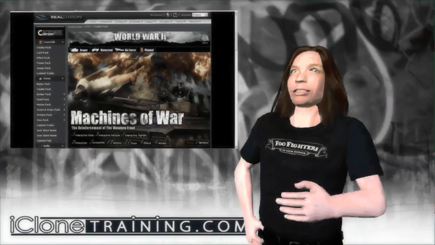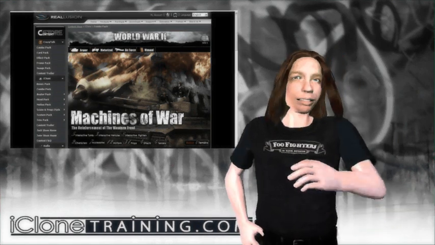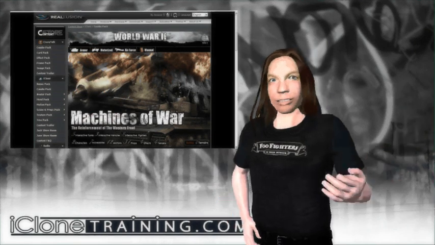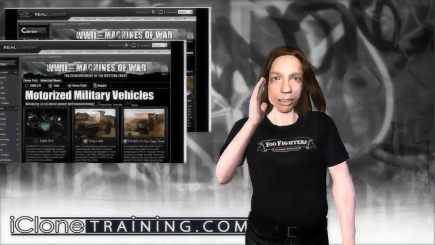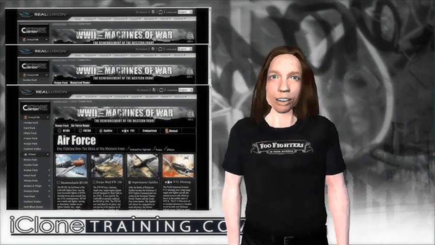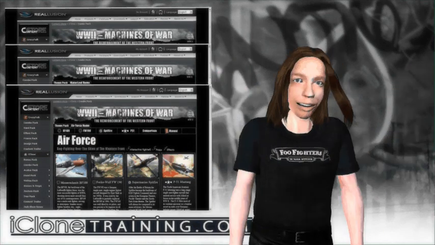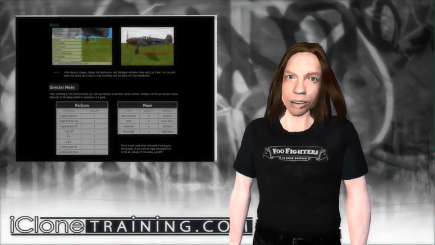Today's tip focuses on the Machines of War content pack for iClone. This pack is chock full of assets that are of course iProps and iAnimation ready for your wartime productions. The pack includes 5 interactive tanks, 3 interactive vehicles, 8 interactive fighter planes, 2 characters, 7 accessories, 12 motions, 31 props, 4 effects, and 4 bonus terrains, and contains some of the best iProp interaction I have seen to date